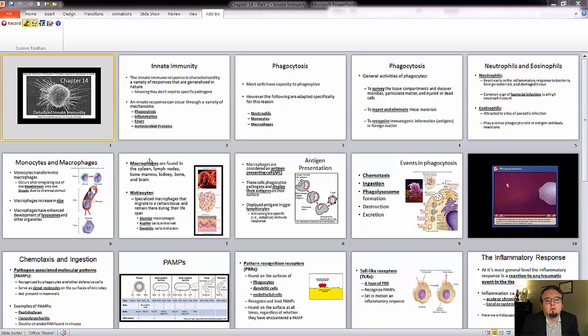Hey everybody, we're going to take a look at chapter 14. Now we're doing chapter 14 in two parts, so I'm going to have you do some reading out of the textbook, and if you look online there are some questions there as well as in your course pack that'll have you look at one section of chapter 14, mostly the first part of that, and there's a lot to cover there, and I think a lot of it's important, and so I think it's better to have you read through